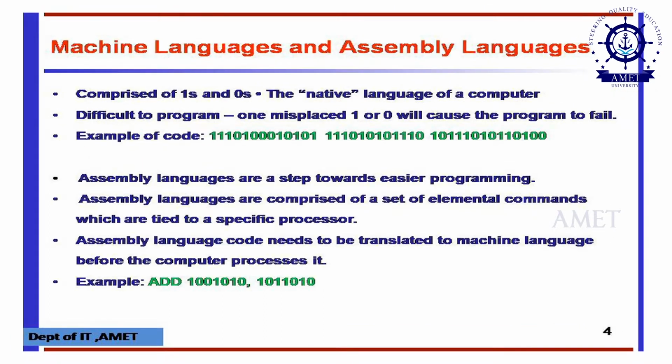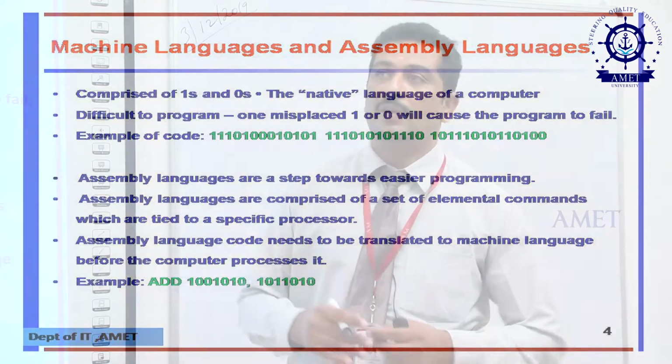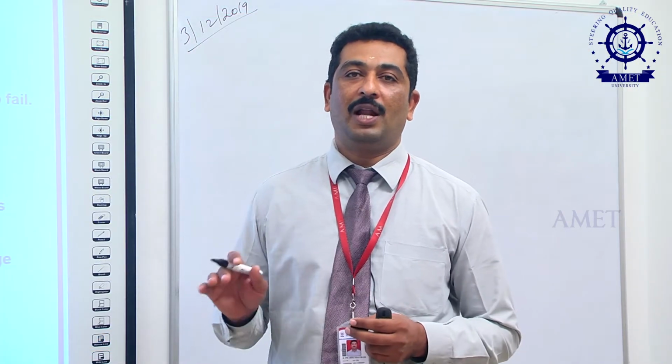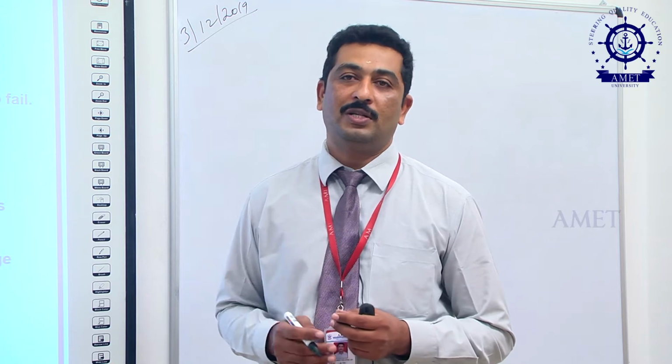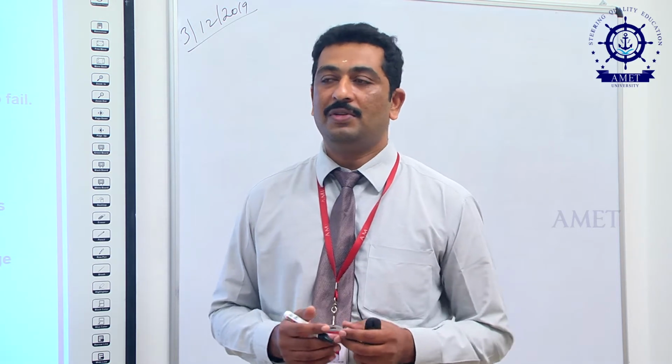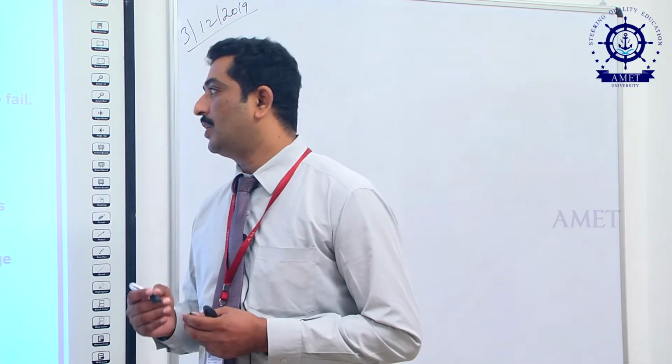The first one is machine level language. All computers only understand machine level language. Machine level language means zeros and ones. So we need no conversion. The user also has to code in machine level language, and it goes straight to the processor. The processor processes the machine level language. It's very simple; here you need no converters.